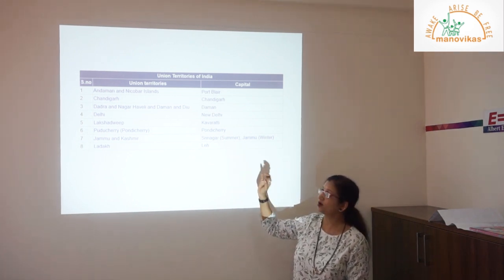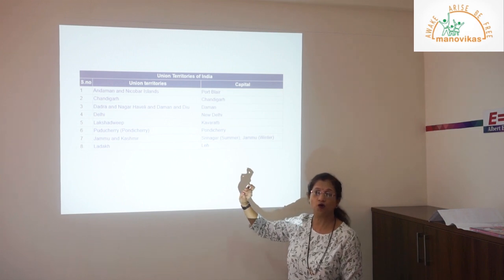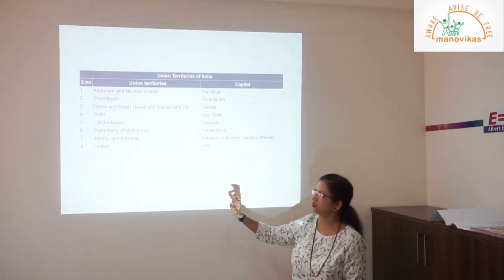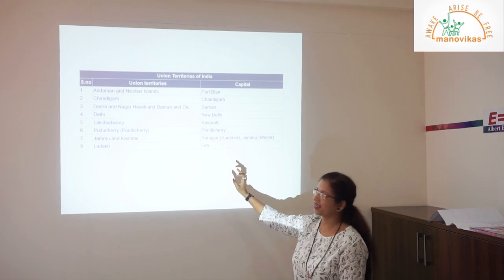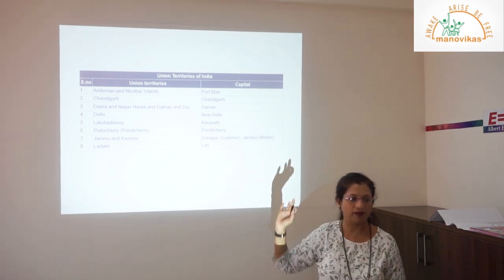Children, please make a note that Jammu and Kashmir and Ladakh are no more states, they are union territories. Ladakh is Leh.